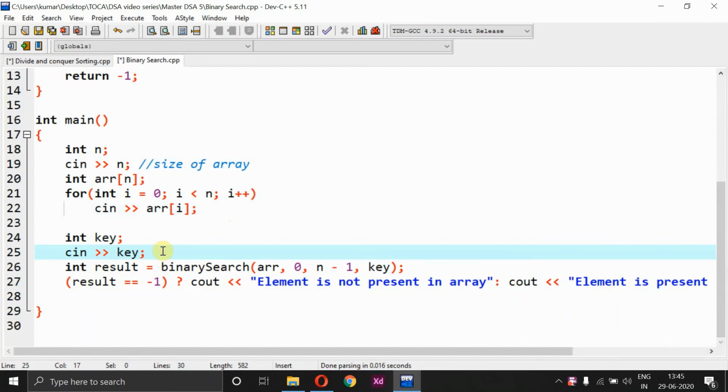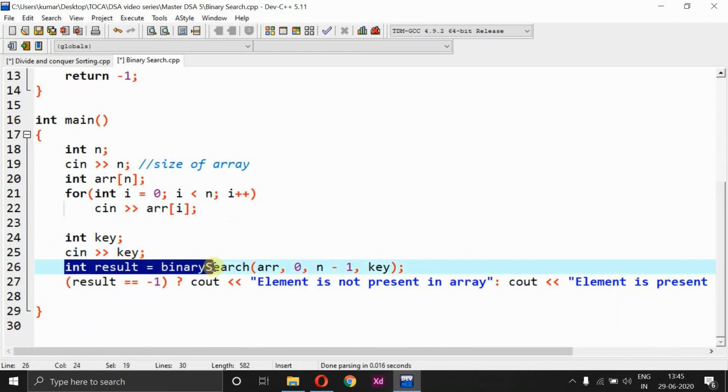The key value is the value which I want to check whether it is present in our given array or not. Next I have an int result variable, and in this variable I am calling a new function called binary search. Here I am passing the entire array, then the starting index value, which should always be 0, and the ending index value, which will be n-1, as well as our key value, right?